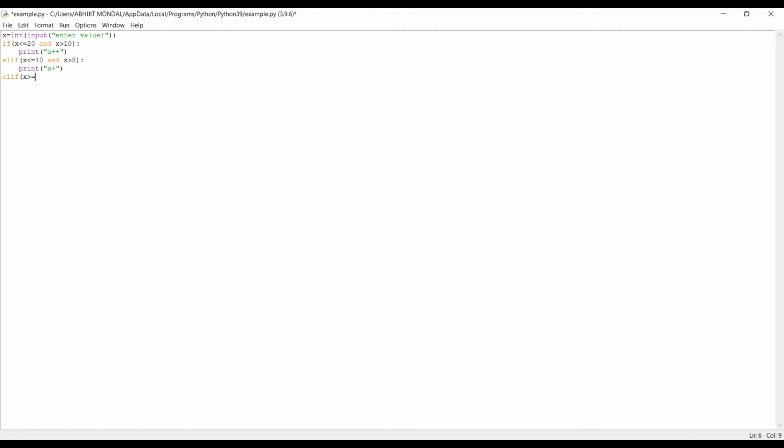Number should be less than or equal to 8 and number should be greater than or equal to 5, which was our condition, no, it should be greater than or equal to 3.